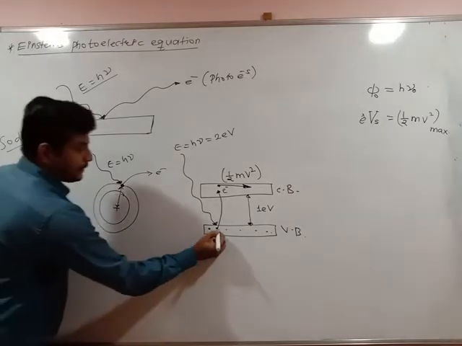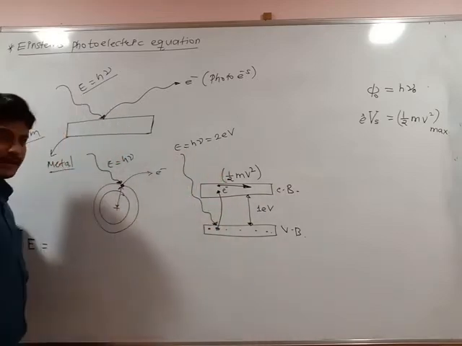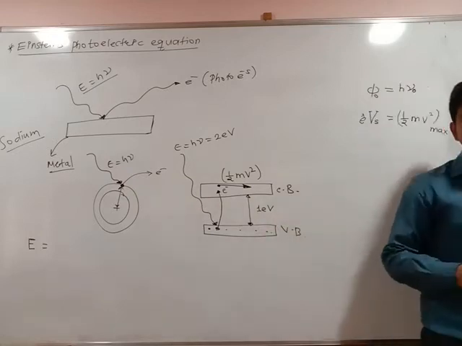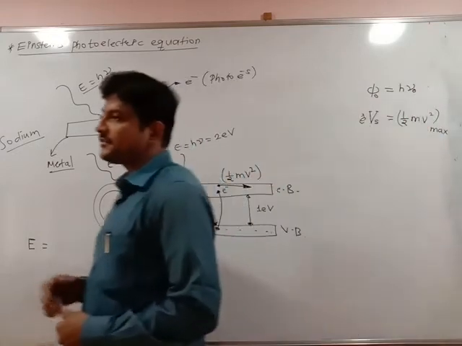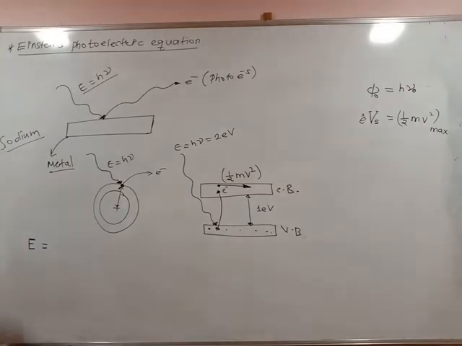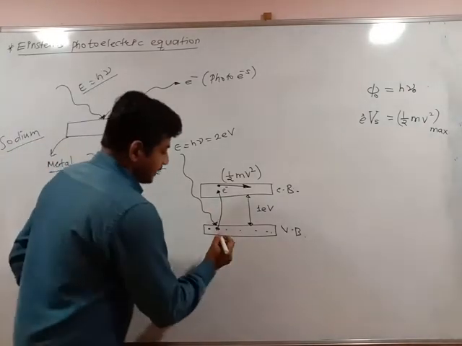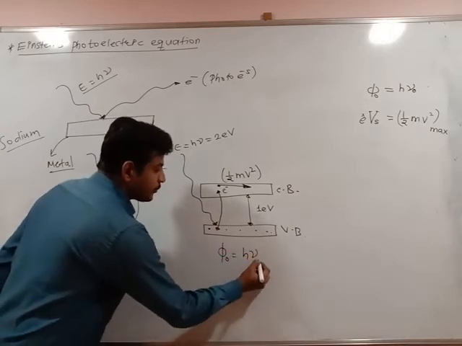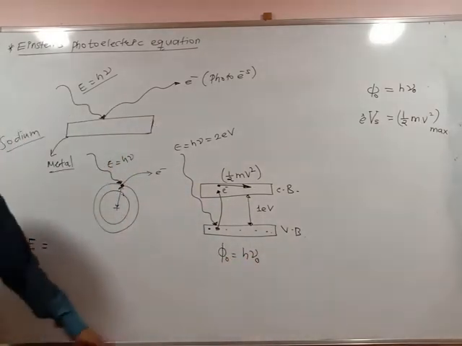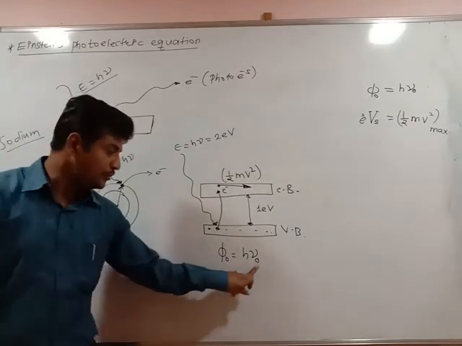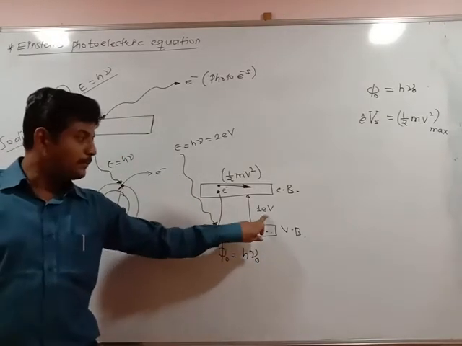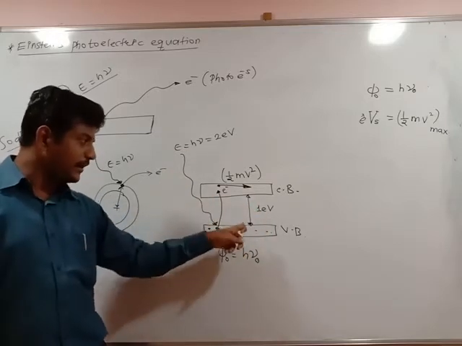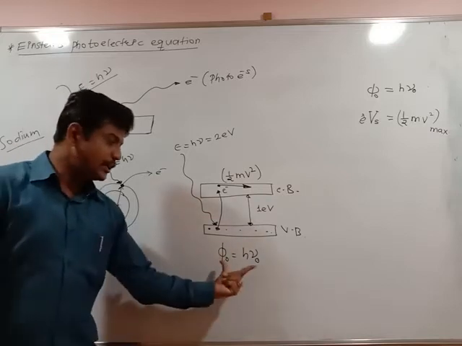Now we know the electron is ejected to the conduction band. The minimum energy or frequency given to the electron to eject from the metal surface, that energy, that frequency is called the work function. As I told you earlier, the work function phi 0 can be written as h nu 0. Nu 0 is the minimum frequency at which the electron is ejected from the valence band and excited to the conduction band. So that is said to be the work function.